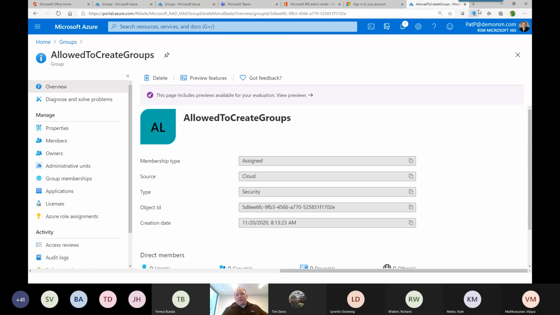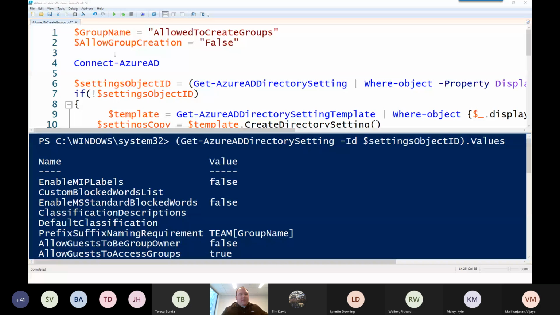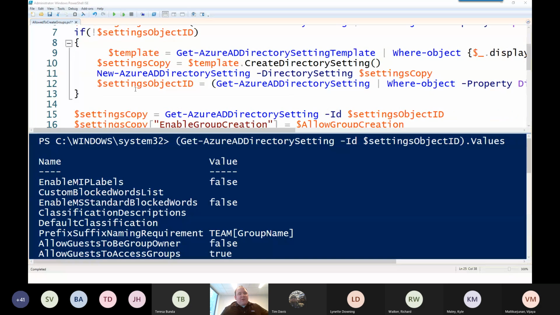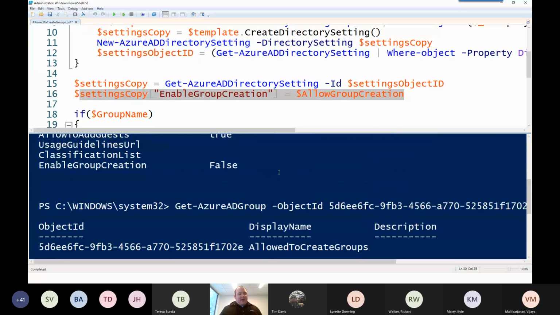Once that group's created, you do have to run this in PowerShell. It does not exist anywhere else. A quick Google or Bing search will easily pull up a script that will do this. But essentially what you're doing is changing that group creation setting to false. So you're really just setting that to be false in terms of who can create groups. But when you run a get to retrieve the specific group back,